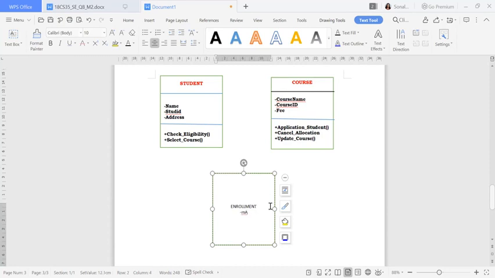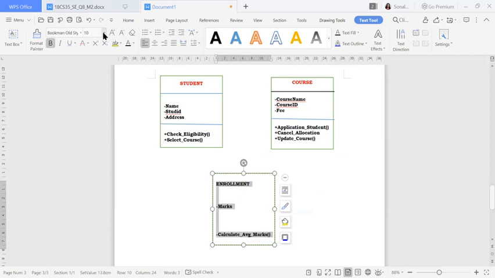I will add the attribute name marks, then I will add one more attribute. You can add any more attributes, and now I'm adding the function name, that is calculate_average_marks. Fine. So here I have added, and I'll just make it one sided, it will look good, and I'll give some space in between so that we can make the differentiations and all these things. I'll change the font size.